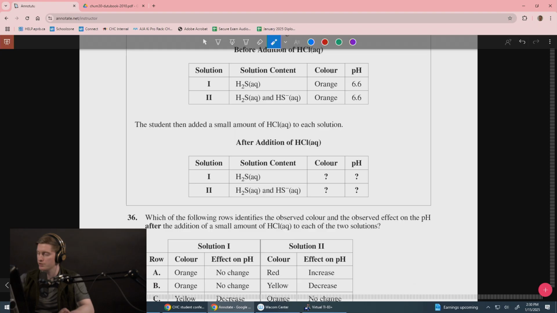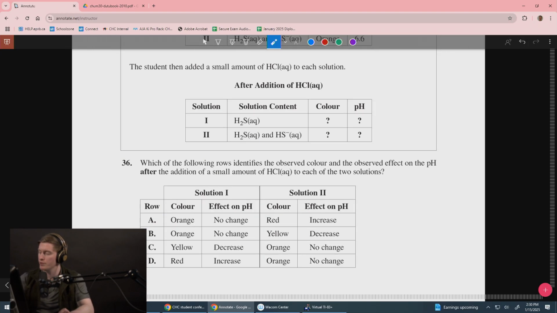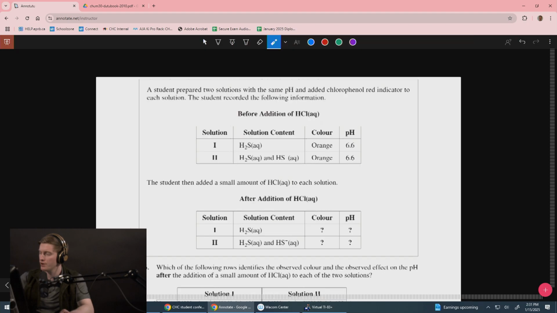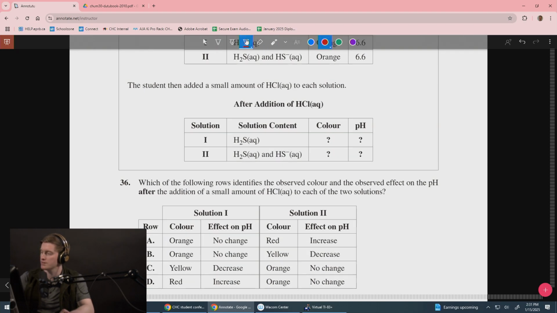After the addition of hydrochloric acid, what would you see? Which of the following rows identifies the observed color and the observed effect on the pH after the addition of a small amount of hydrochloric acid to each of the 2 solutions? First of all, I've been saying hydrochloric acid out loud, but they don't actually say that HCl is hydrochloric acid. So you should know that adding hydrochloric acid is going to decrease the pH